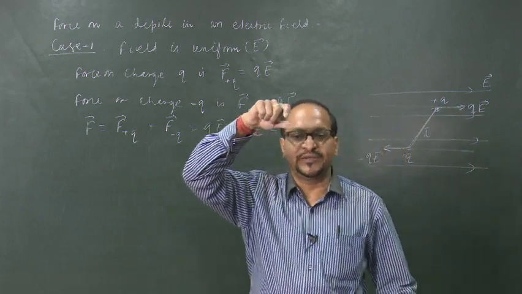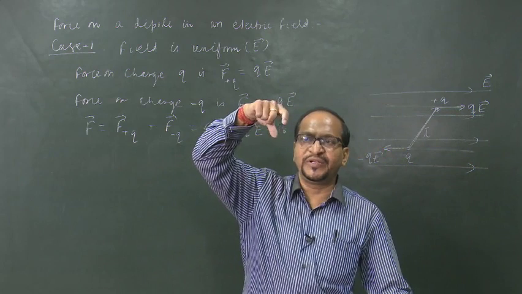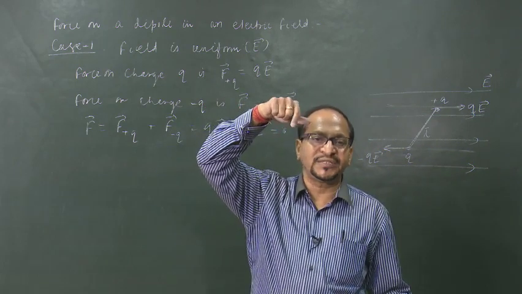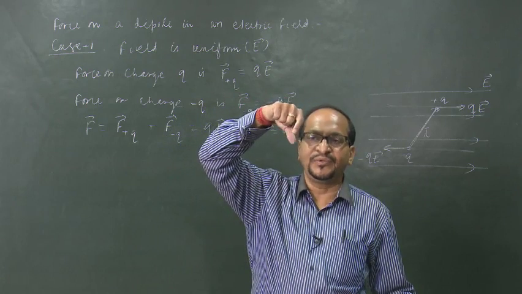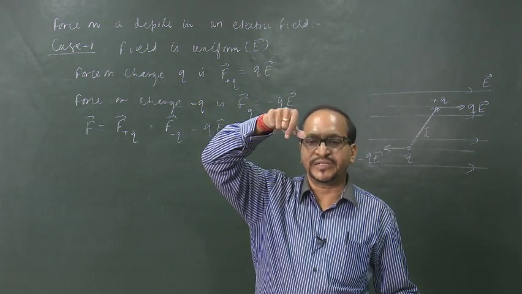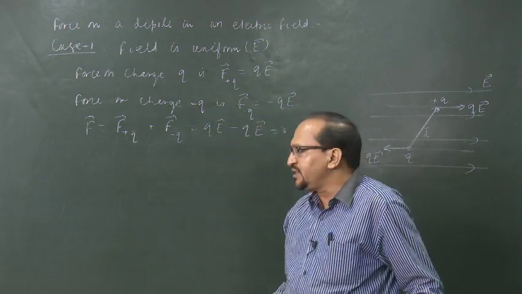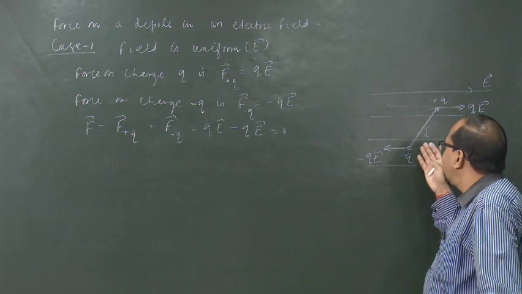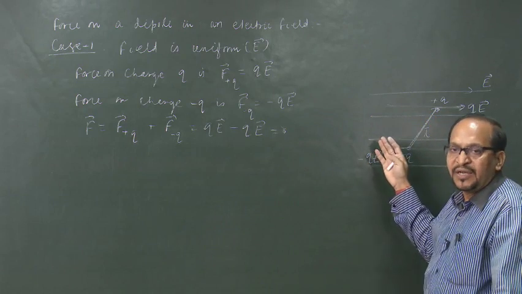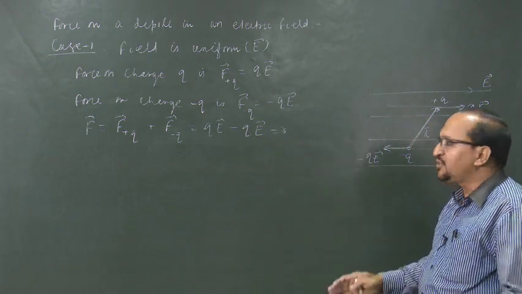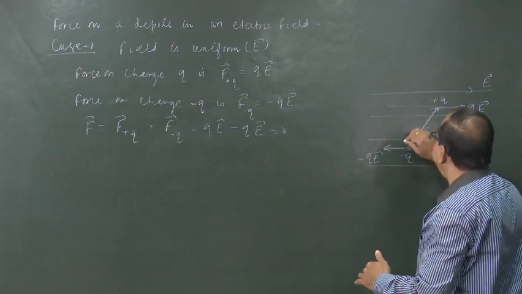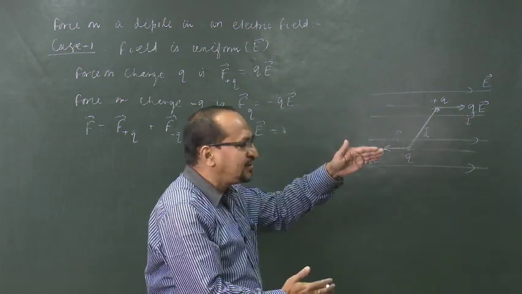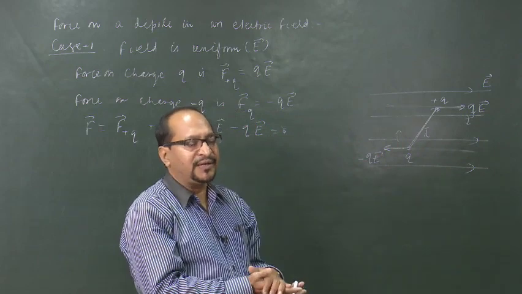When two equal and opposite forces act along different lines, they constitute a couple. You have read it in your class 11 level, that when you open a tap, you apply two equal and opposite forces by your two fingers, and it gets a couple, that is why it twists or rotates due to a torque. So, this is the case here also. These two equal and opposite forces constitute a couple and produce a torque. This torque will tend to orient or rotate the dipole in the direction of the electric field.